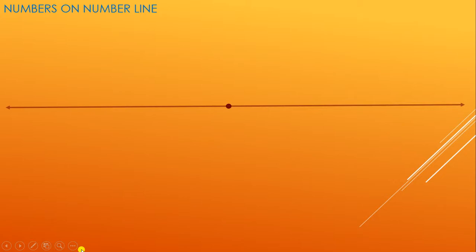We know the number line. On that number line, there are all types of numbers. Let's see: on the right side of 0 on the number line, we have positive numbers, and these are all natural numbers. Then with 0, those numbers are whole numbers. That is, you can say here, all natural numbers are whole numbers.